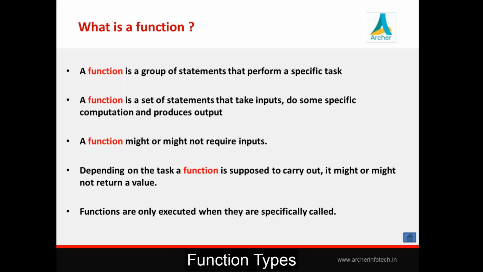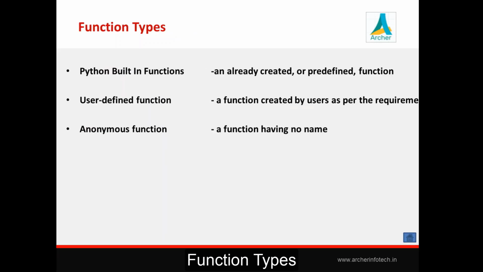So this is how we can define a function. In simple words, once again, it is nothing but a group of statements that perform a specific task. On this slide, we have different types of functions. The first one is the built-in function or library function. We already have an idea about built-in functions because we have used various ones. We use the print function from our first program, which is a library function. We use the input function, which takes input from the keyboard. We have seen the len function to find the length of different data structures. A library or built-in function is an already defined function that we just use in our program.